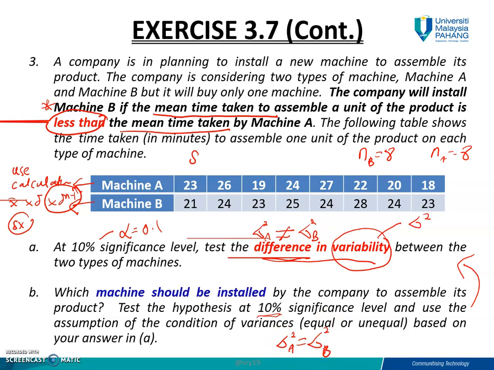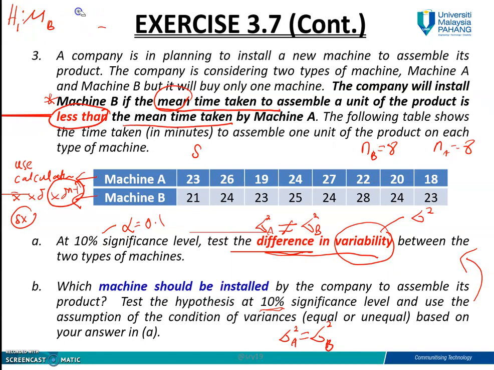And then if you look here, they want to see which one to be installed. So how do you decide which one to be installed? You can look back at this third sentence here. The company will install machine B if the mean time, and when we are talking about mean, it will be mu, the mean time mu B is less than mu A. So that is the hypothesis. Is this H null or H1? It will be your H1. So your H null will be